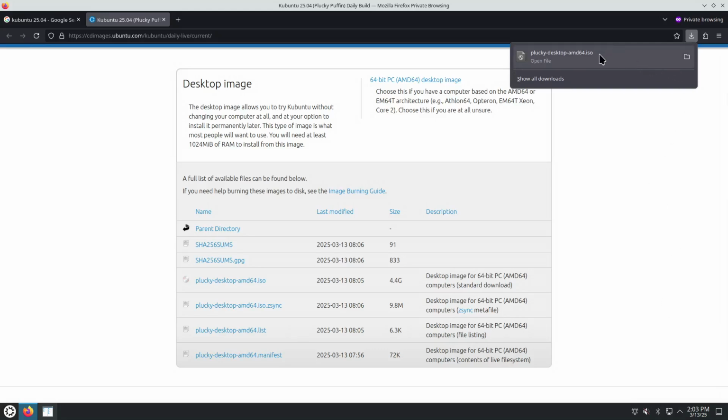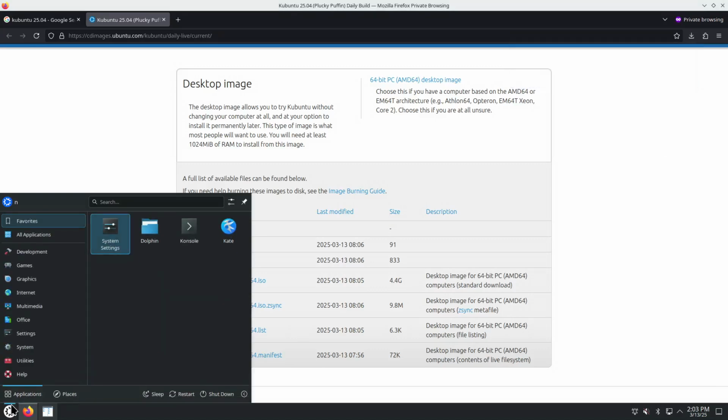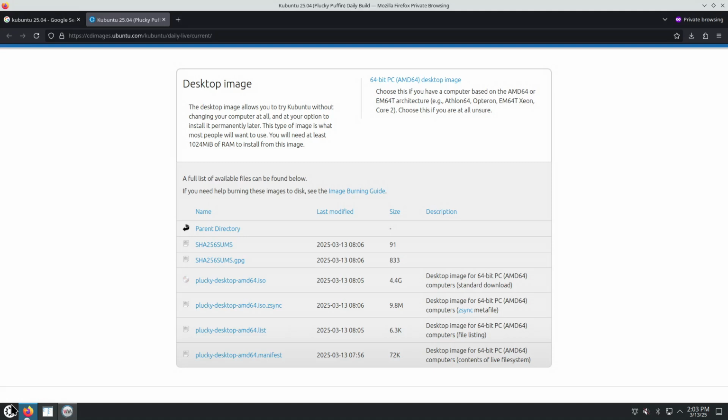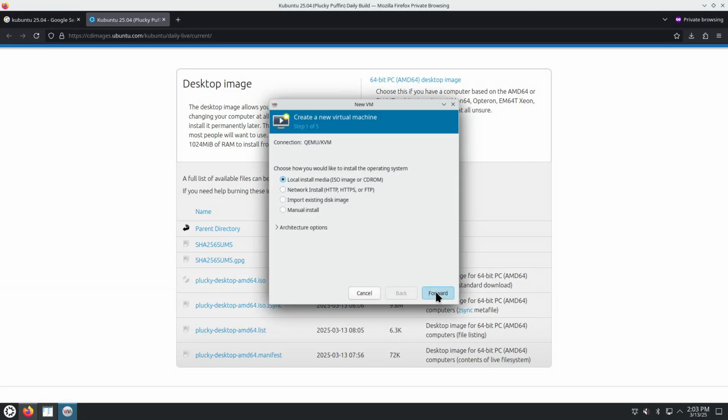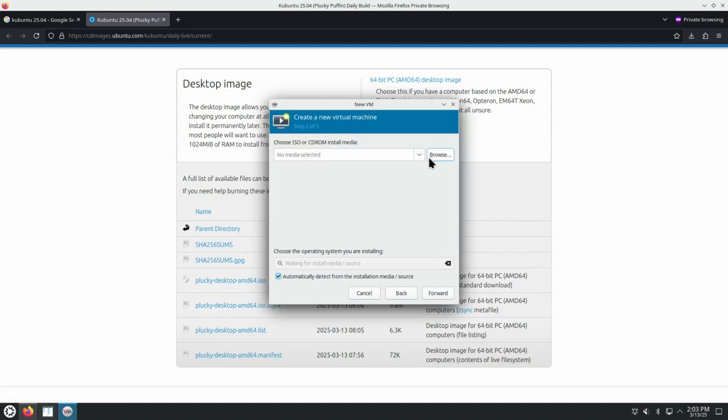Downloading the ISO file has finished. Let's create a virtual machine. We're going to use Virt Manager, Virtual Machine Manager, QEMU, KVM. File, new virtual machine, ISO, browse,